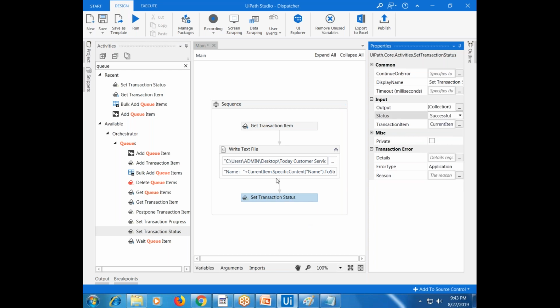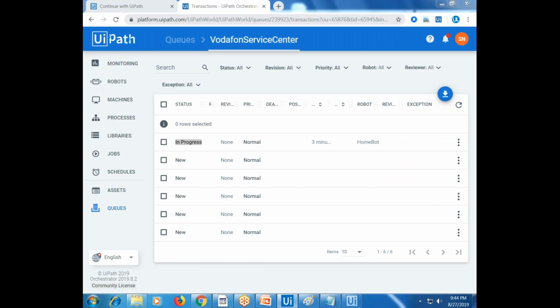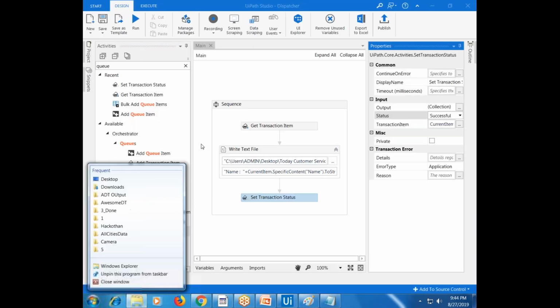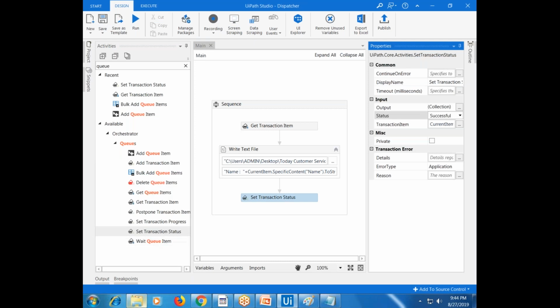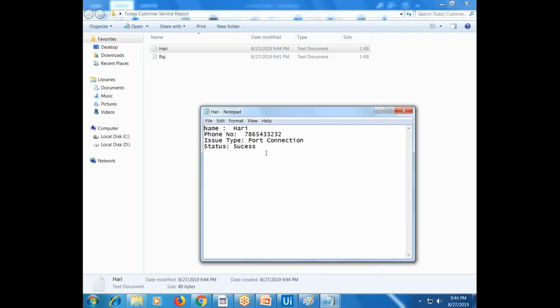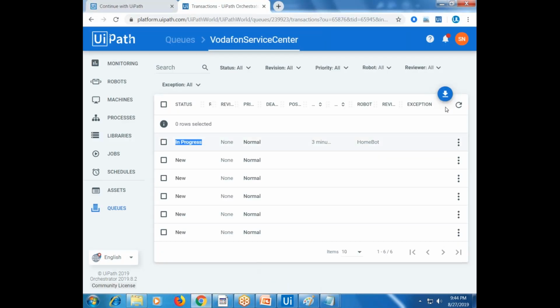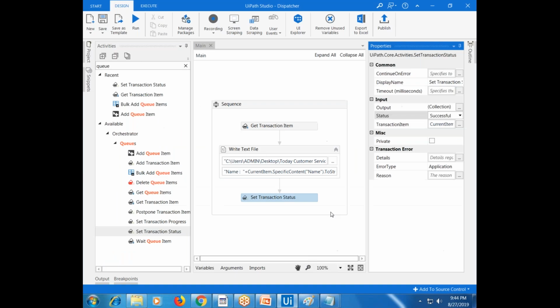Okay, let us make it success. Run. It will take the next item and create a new text file here. It has taken the customer Hurry. Got it? It gets the information and writes it to the notepad. So let us see this one. This is a success, so we forcefully made that a success. If you want to fail, you can fail. So the reason is